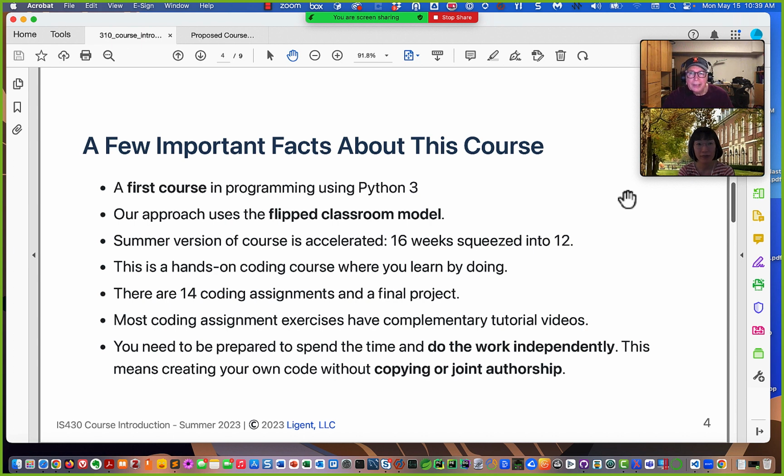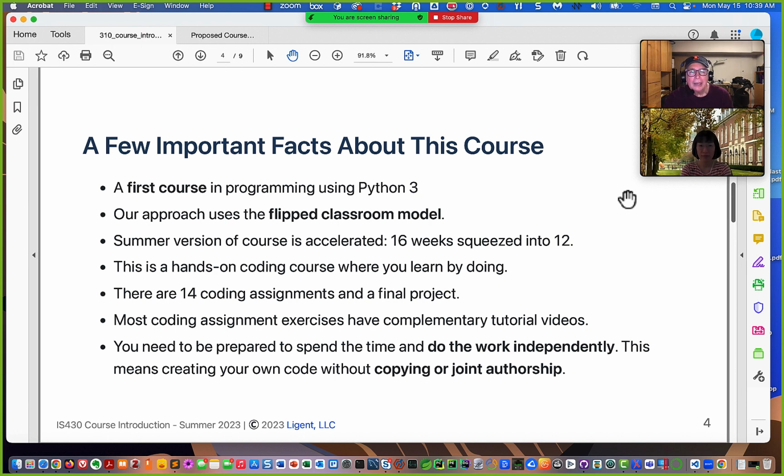In the summer, this course can be challenging in terms of managing your time, because we're taking a course that in the normal semester fits into a 16-week semester, and we're doing it in 12. Now, 16 weeks is an exaggeration because we always have one holiday week, so we're really squeezing 15 into 12. But that's in a hands-on course. It's a fair amount of acceleration,